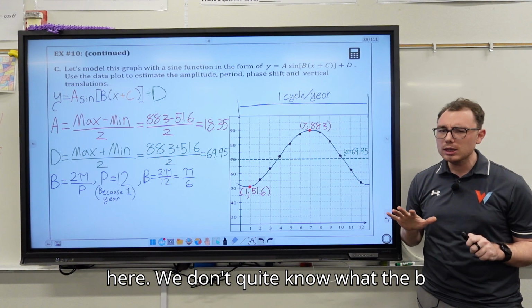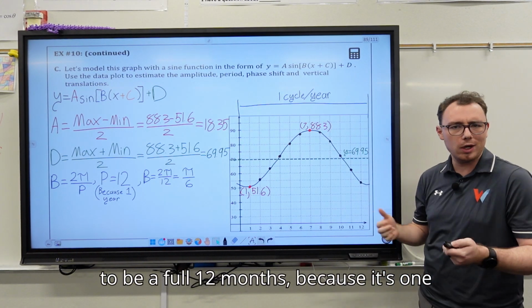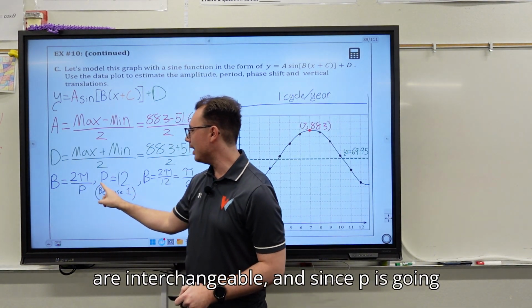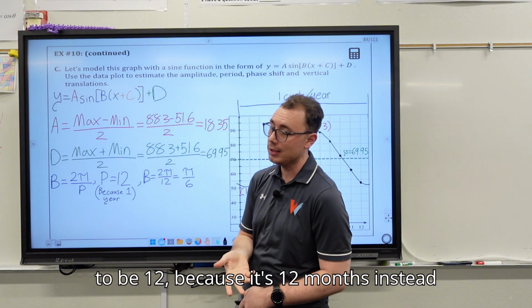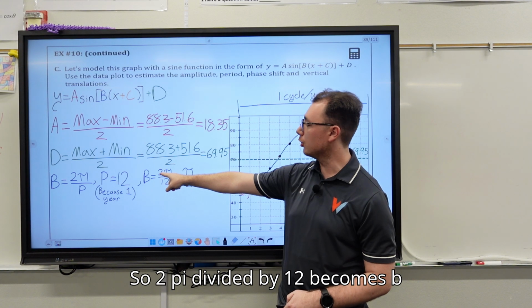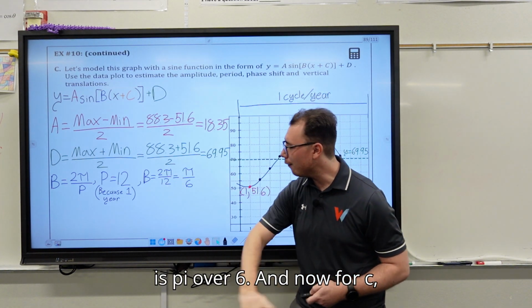We now want to try and grab our B value here. We don't quite know what the B value is, but we know the period is going to be a full 12 months because it's 1 year. Since we know that period and B are interchangeable, and since P is going to be 12 because there's 12 months in a year, we plug 12 in the denominator. So 2 pi divided by 12 becomes B is pi over 6. And now for C,